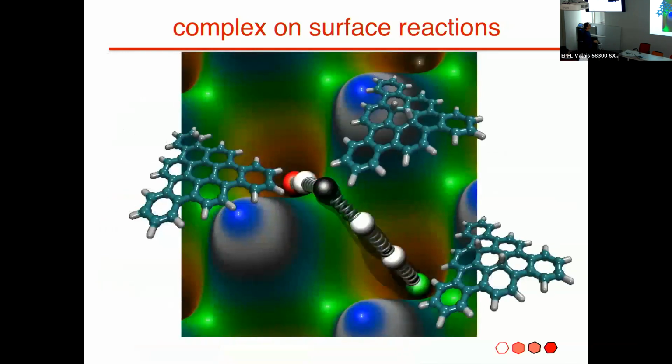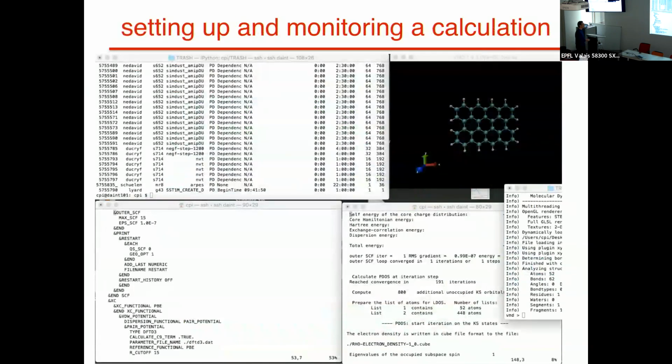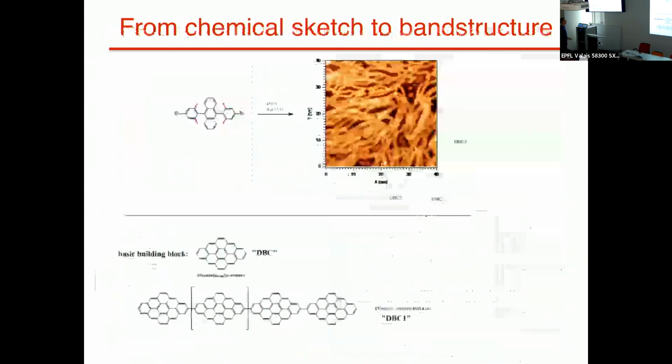Now, all of this comes from a traditional way of doing simulation. My standard way of working was having a lot of windows open on my screen, checking the status of calculations on a supercomputer, editing an input file for CP2K or Quantum Espresso, checking output files and checking geometries. Now this is a little bit inefficient, and we try to move to something that could be used efficiently